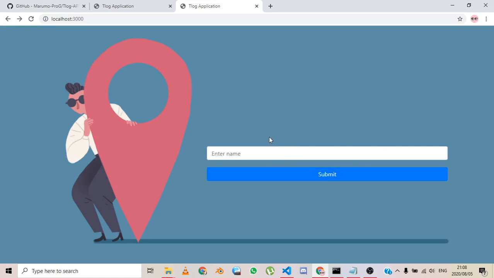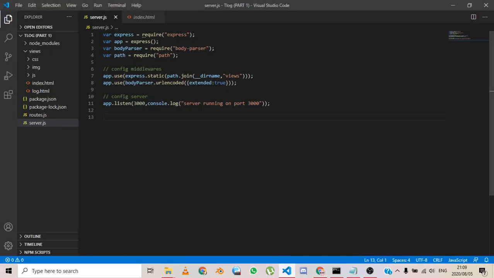It does not know anything about this form. So we have to make our server able to take up the information that is stored in this form. For instance, if I say Joy and I submit, the server should be able to get this name and use this name for other things. Now, to do this, we're going to